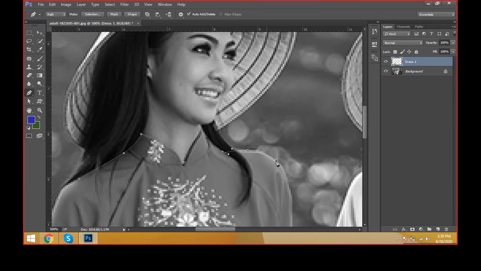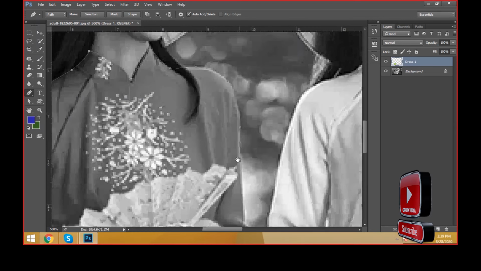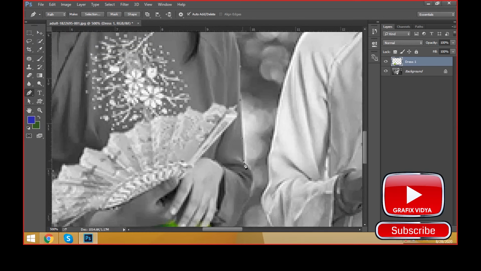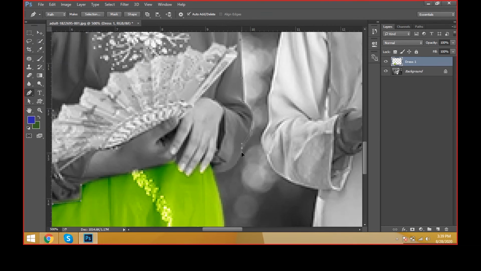If there is a black and white image, friends, whenever the client gives a black and white image to create color for it, you have to take these steps step by step, and you have to cut the different elements, means different parts of the image.